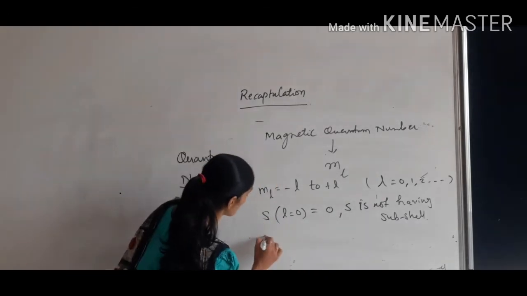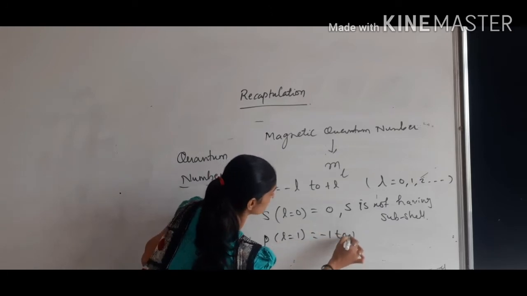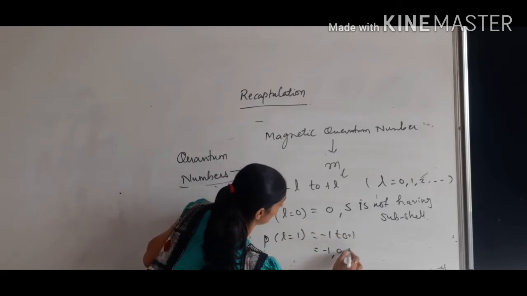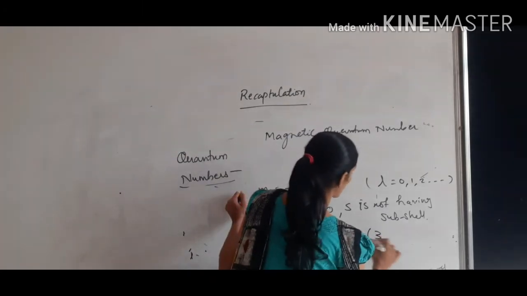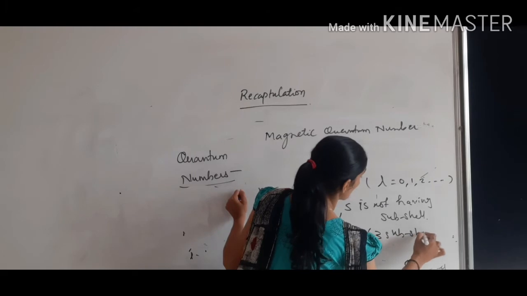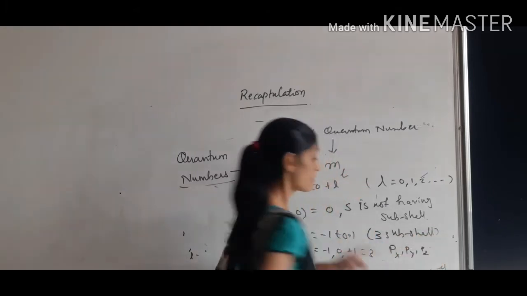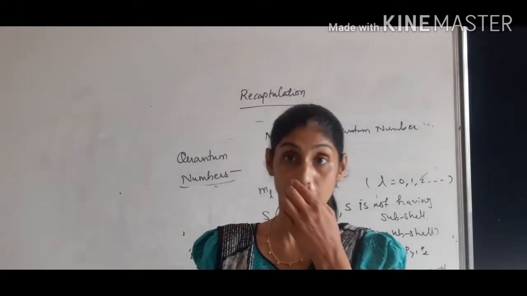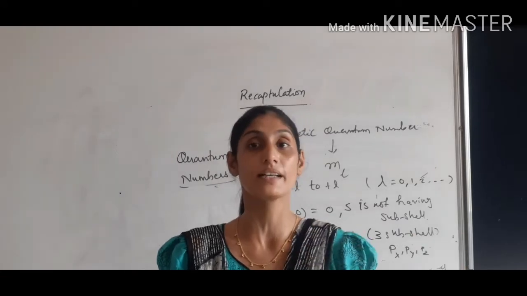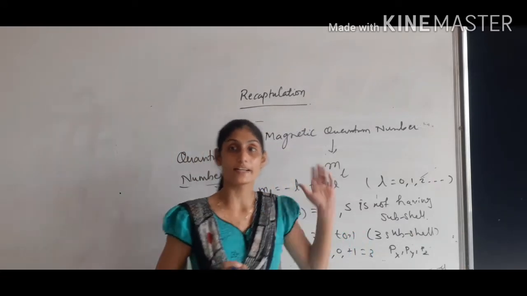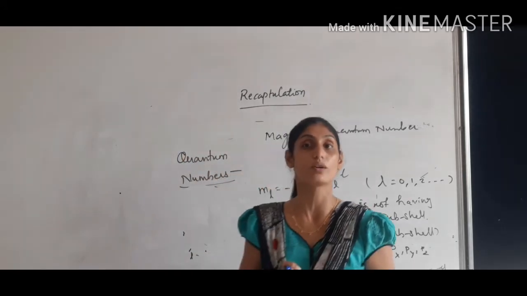Now when we talk about p orbital, at a time n is equal to 1, so that is minus 1 to plus 1. So that is minus 1, 0 and plus 1. तो ये indicate करता है p is having 3 sub orbitals or 3 subshells which are denoted by px, py and pz. That means p orbital is having orientation in all 3 axes x, y and z. In the same manner d and f you can have an idea of how to do it, because we have earlier explained all this. And lastly, spin quantum number.